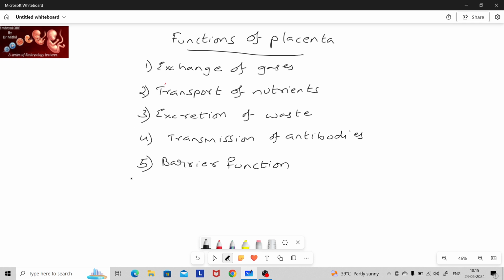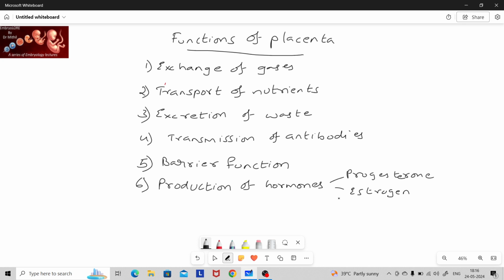The production of the hormones. So what are they? That is the progesterone, which maintains the pregnancy, and next the placental estrogen, which promotes the uterine growth and also the mammary gland growth, and then the HCG, human chorionic gonadotropin, to maintain the corpus luteum, and then the somatomammotropin and also the relaxin,